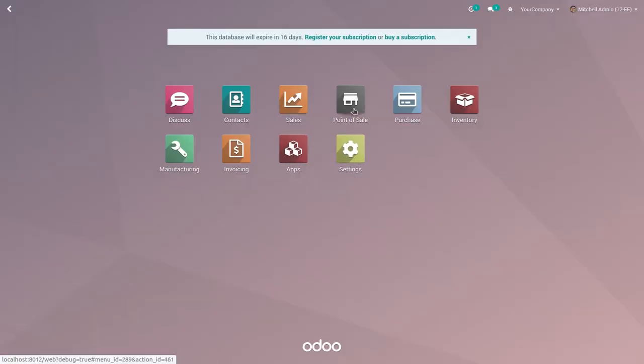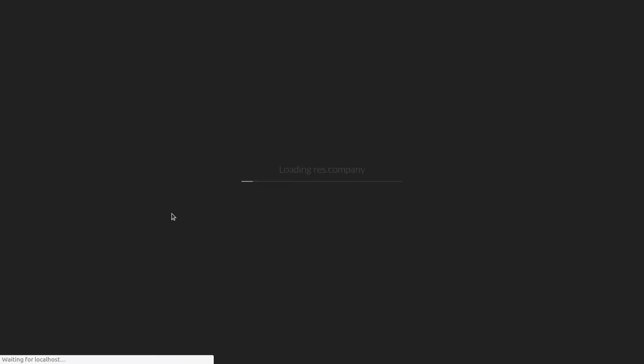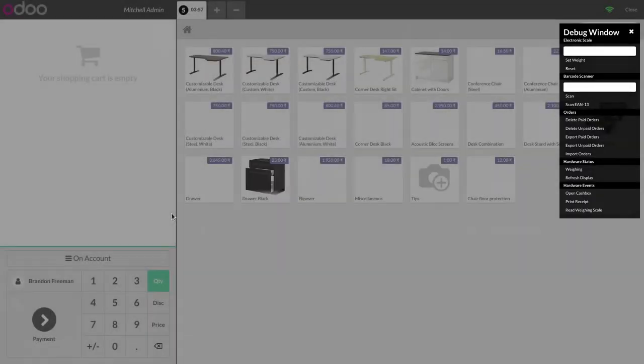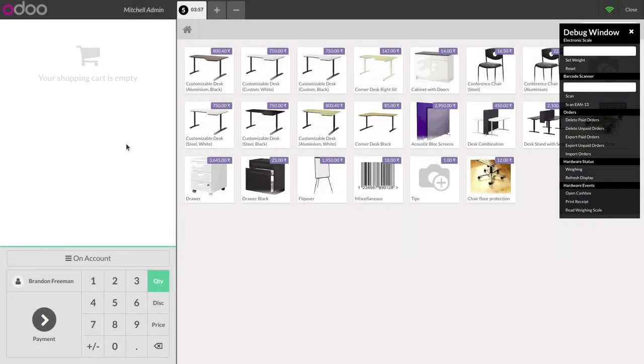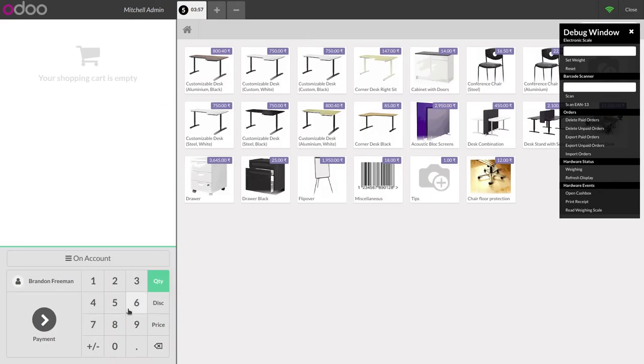So first of all, go to the point of sale and start shopping. Here you can see the on account button. If you click on this on account button, it shows the reserved orders of this POS. There is only one reserved order here. So back out and create one